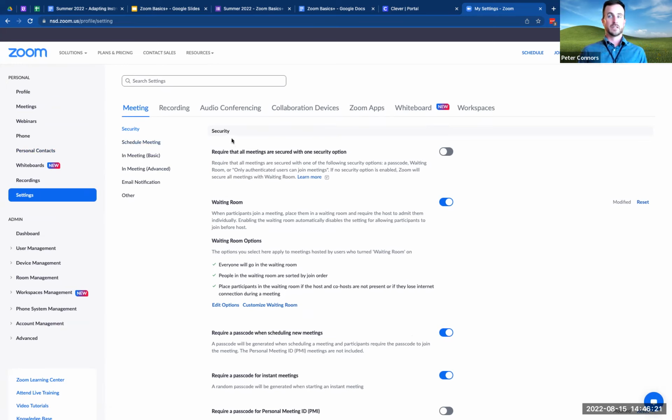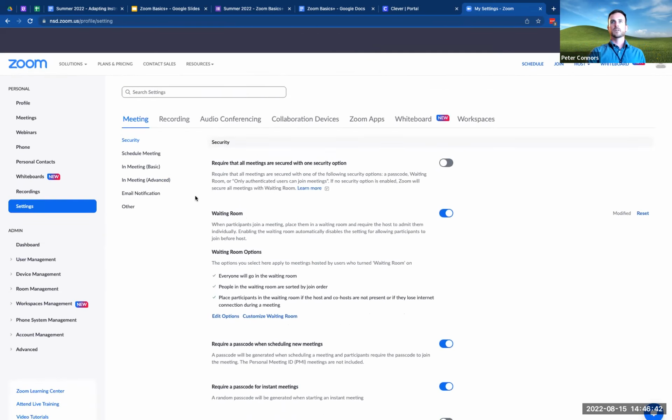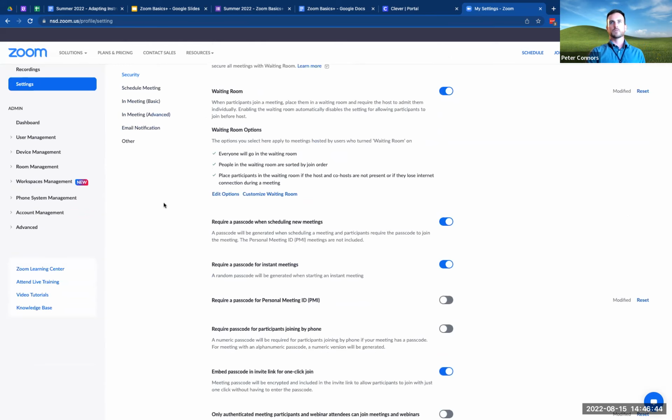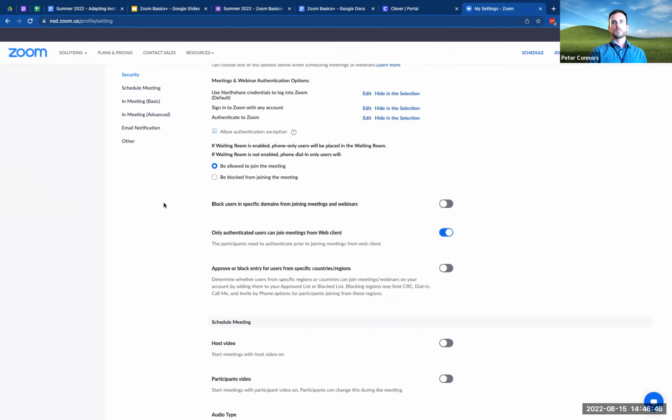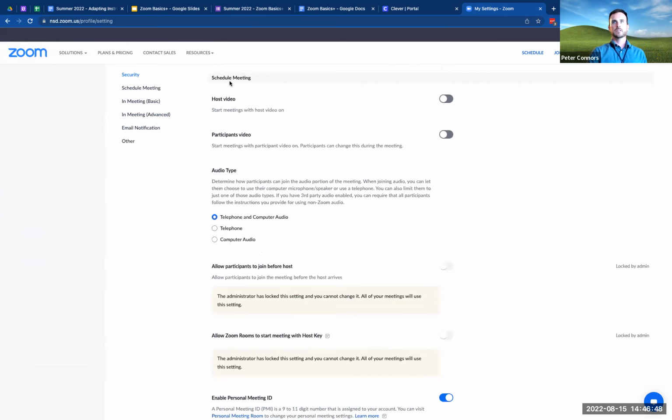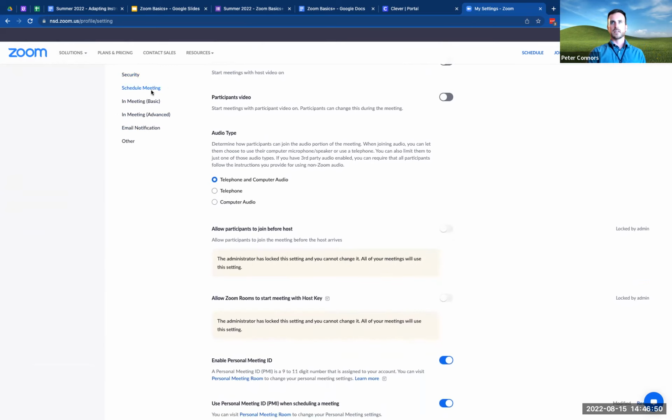I think over the years, especially since the pandemic, Zoom has realized that security is a big concern for people. So this one didn't used to be even broken out into its own thing, and now it is. But you'll see that as we go down, notice these bookmarks are going to float with me. And when I get to schedule meeting, it's just going to jump right down to that next one.